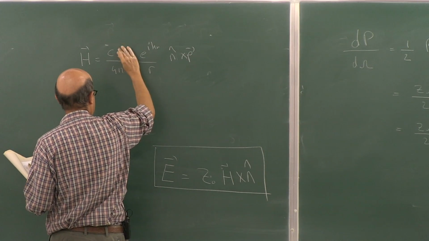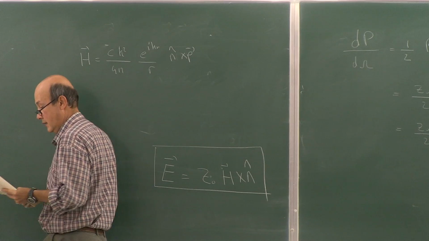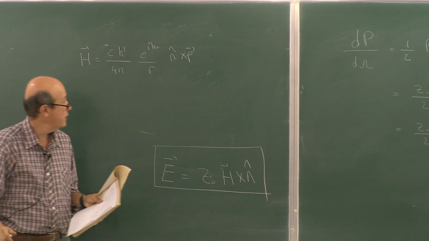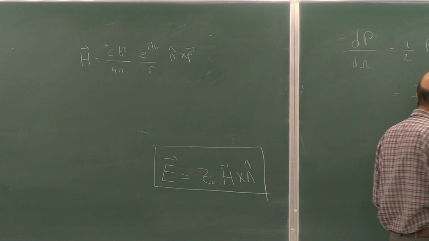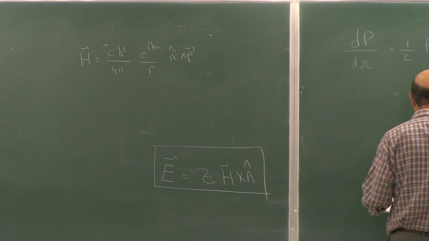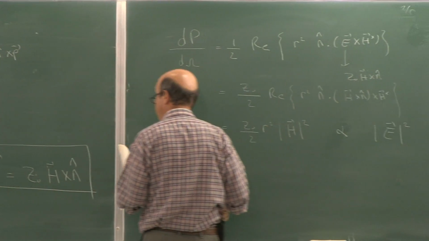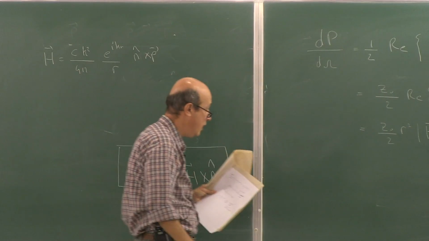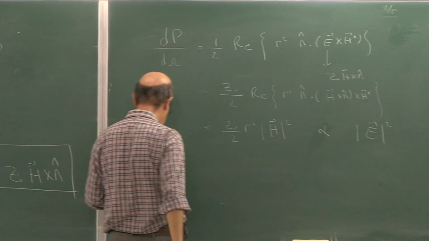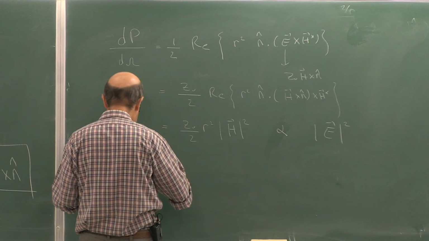So this is k squared. This is the magnetic field at the far field zone. You can calculate the E field also. If you plug this value in and take the absolute square, you will end up with what? e to the i k r has magnitude 1. 1/r will give r squared, and that will cancel this R squared, and you will obtain